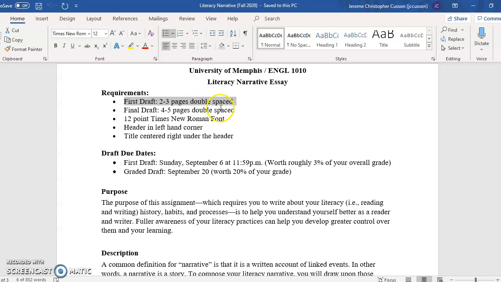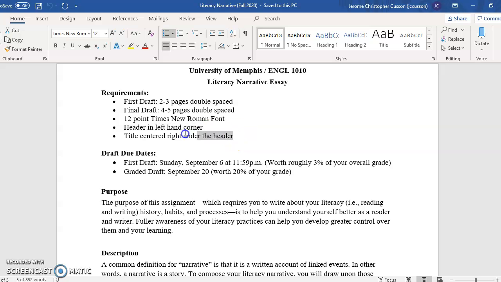Okay? The other thing is that you are also going to have the final draft, and this final draft is going to be about 4 to 5 pages. Also, it is double spaced. You are following MLA style like you will be doing throughout the entire course when you do the journals, the one-pagers, and these drafts. They are all going to be done in MLA style. 12-point Times New Roman font. You're going to have the header in the left-hand corner, and I reviewed what goes into that header, so please refer to the video or the MLA formatted essay that has been sent to you.